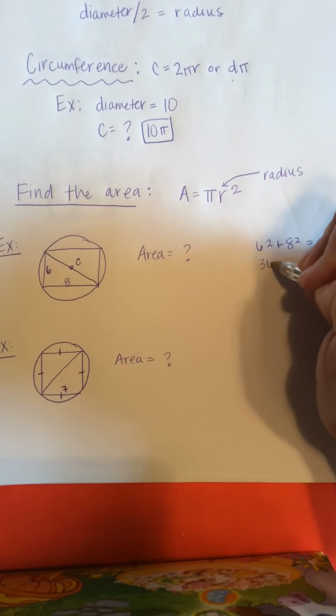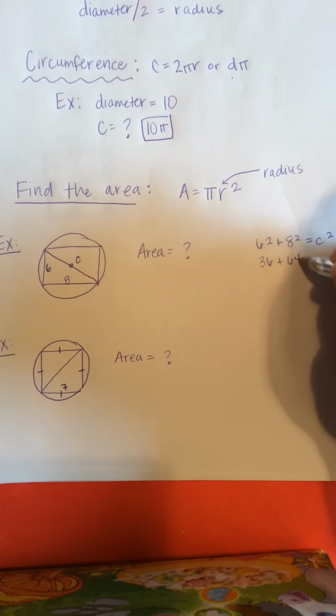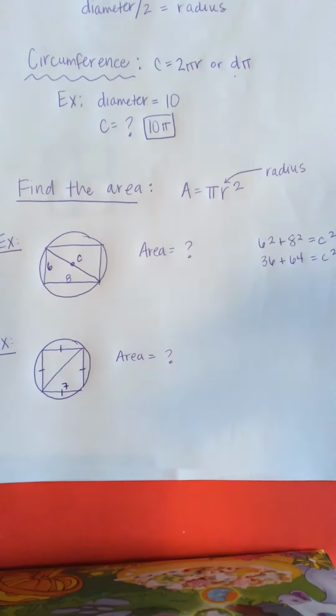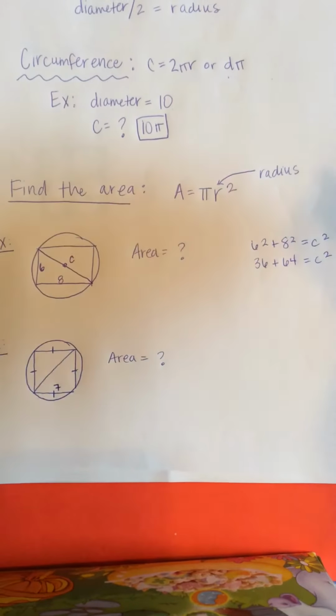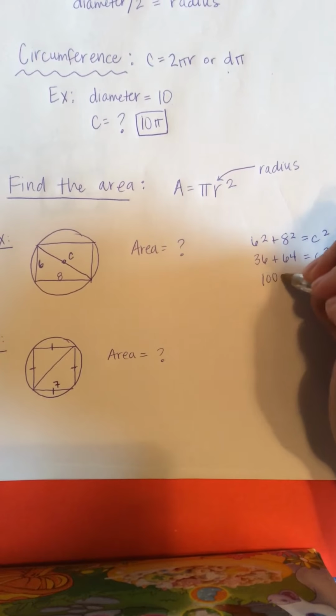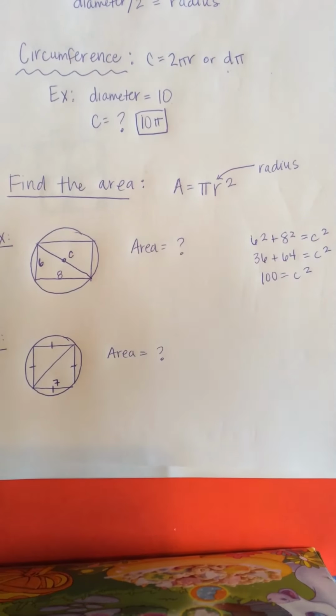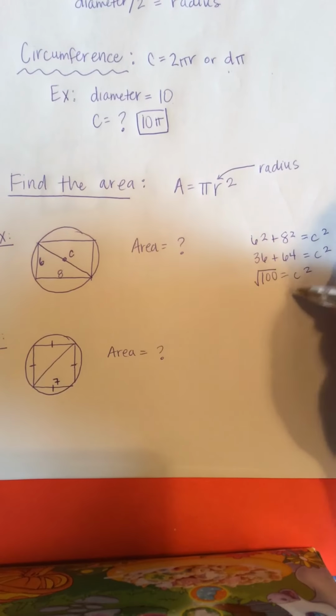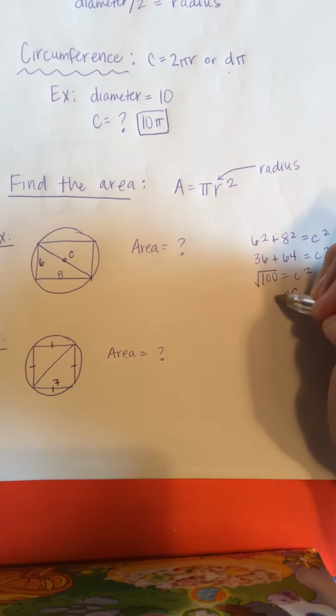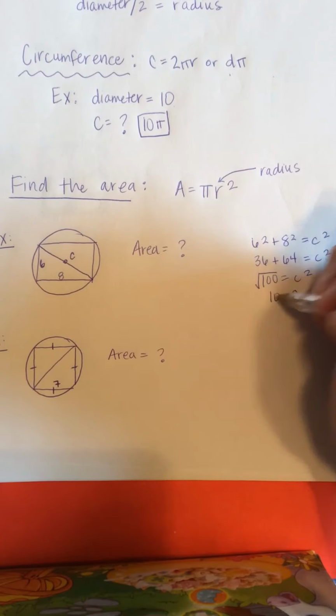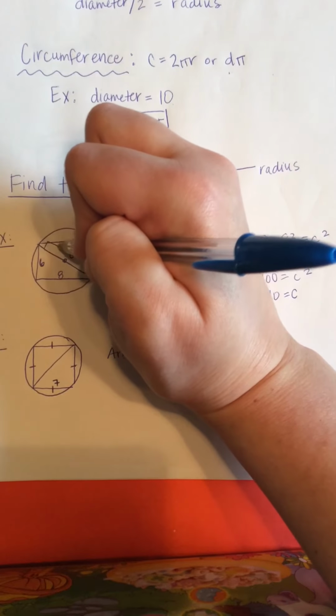6 squared is 36. 8 squared is 64. I add those two together and I get 100. Okay, to go from c squared to just c, I take the square root. So my c, which is my diagonal, and my diameter is 10. So if my diameter is 10,